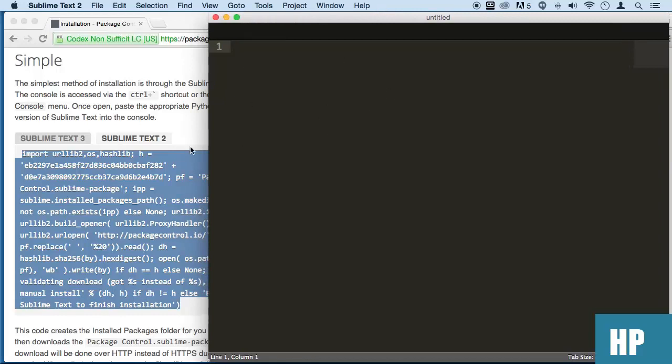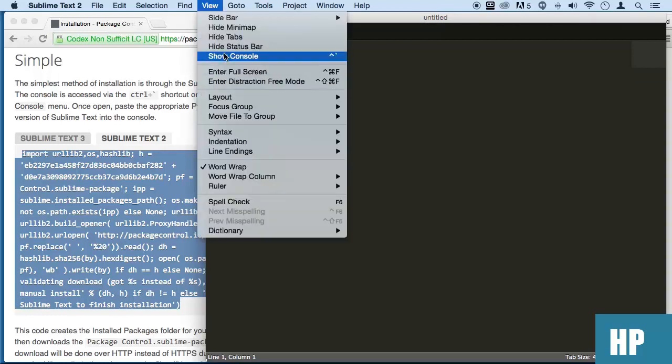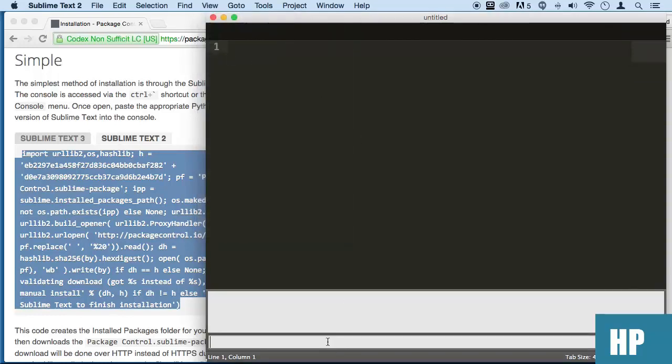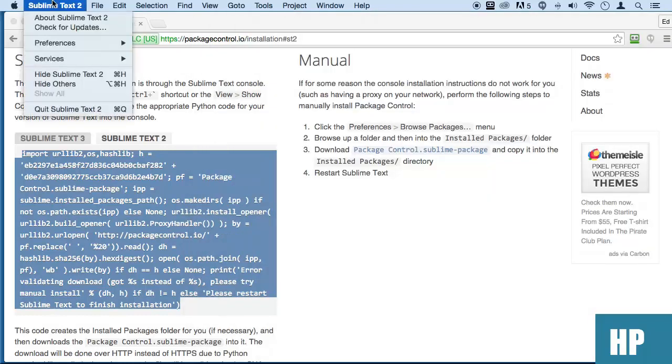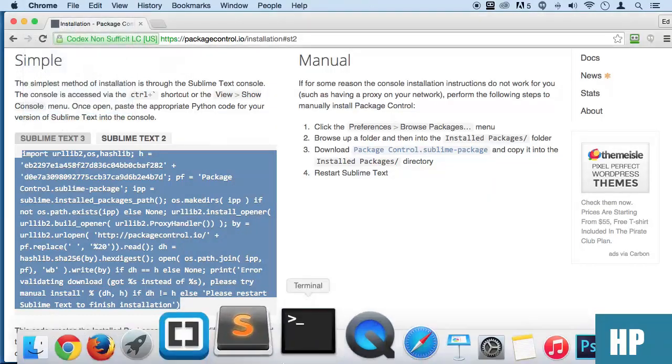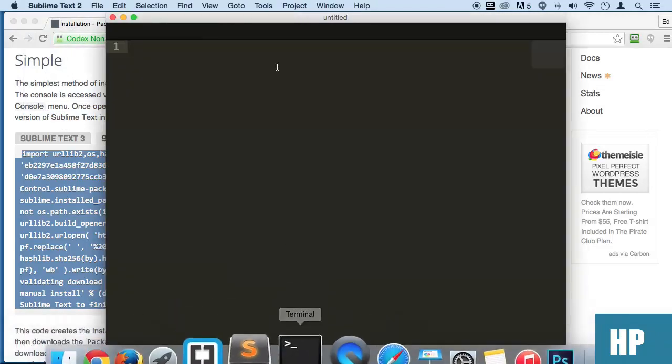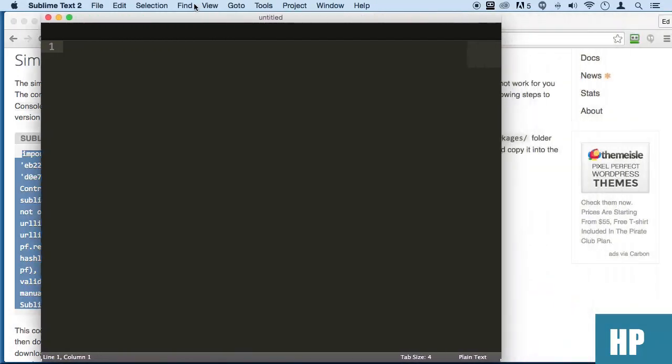Now keep in mind that each editor has a different installing instruction, all right? I'm just doing this for this. Later on we're going to do the Brackets one, all right? So what you're going to be doing here is you're going to go to View, Show Console, and paste that information there and click enter. This is going to say please restart Sublime Text to finish installation. So I'm just going to quit that right here and restart it again. Now once you restart it, right,